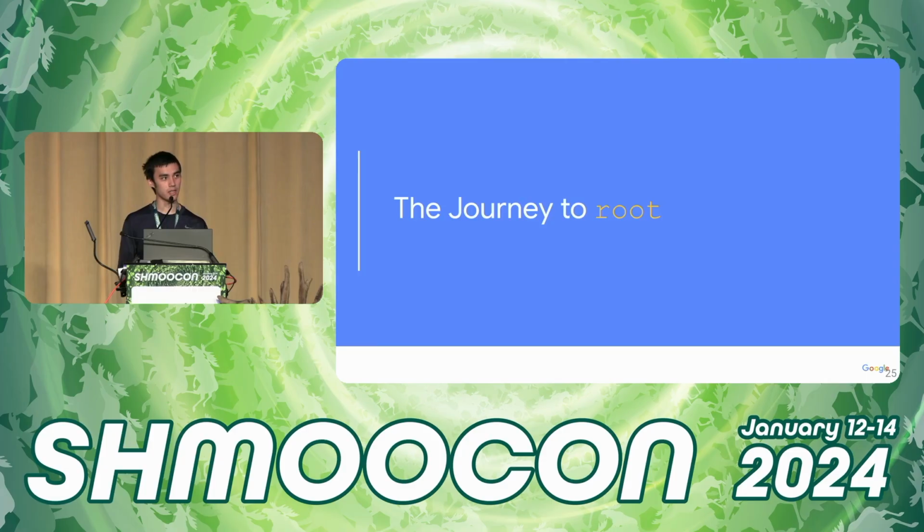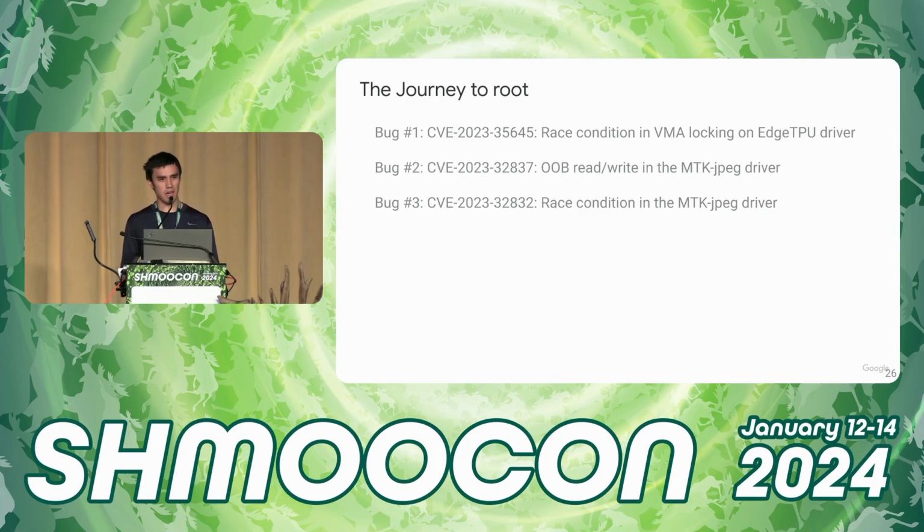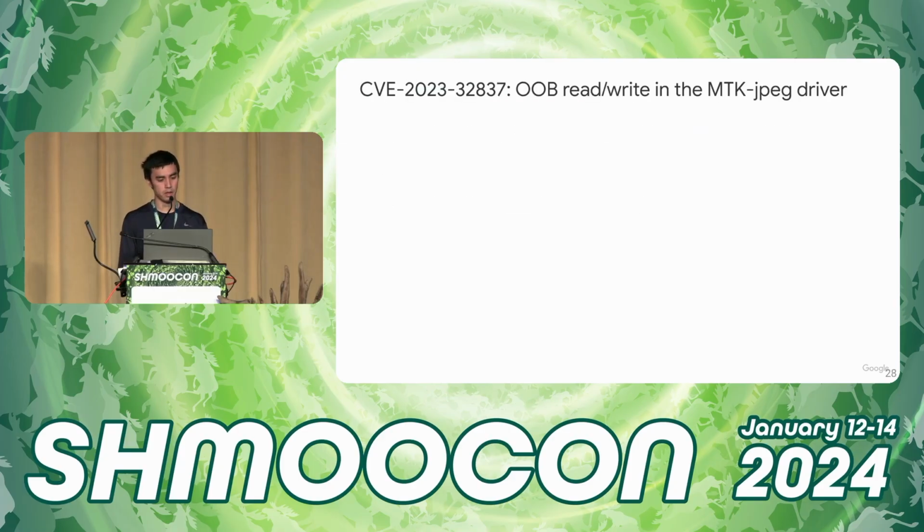So let's now discuss getting from those 3 bugs to root. I was trying to find one that was really interesting from an untrusted app perspective. Right away, that disqualified bug number 1. It could only be used with an allow list, so I don't care about that. So instead, I was most interested in the other 2 bugs. The out-of-bounds read and write look like they should be super exploitable. It's a deterministic out-of-bounds read and write at a controlled offset. That feels like it should be strong enough to exploit.